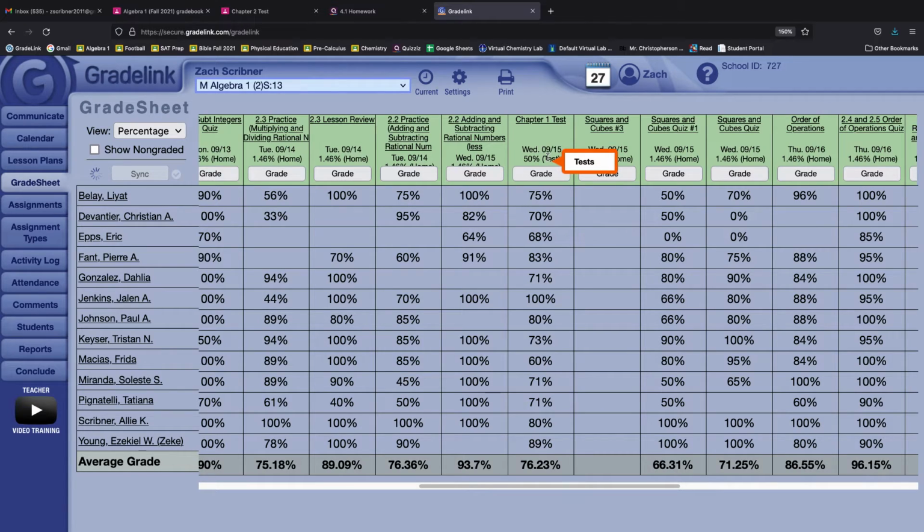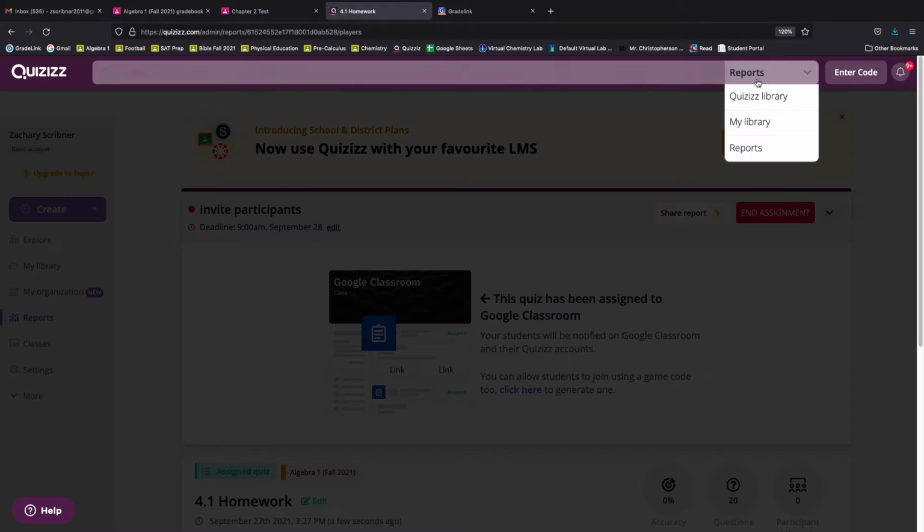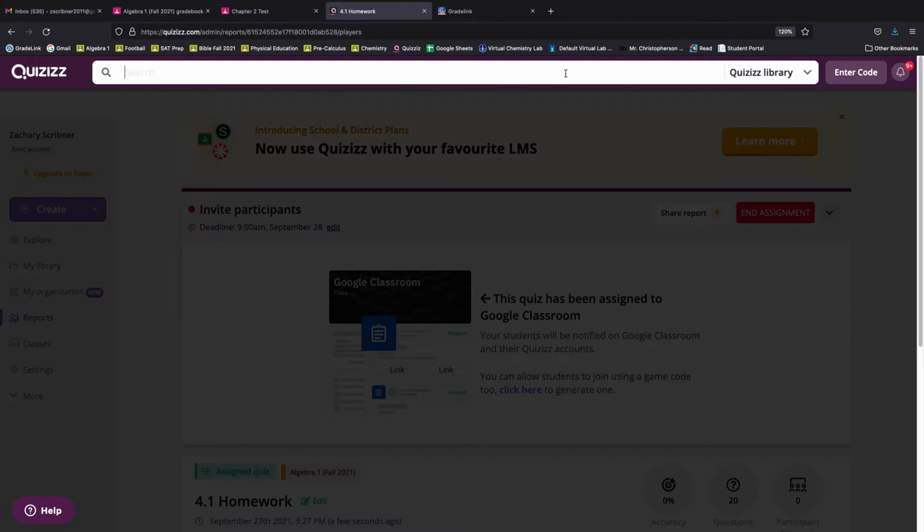And that percentage will continually drop the more tests that are created. Same thing with the homework assignments because it's just the percentage of that assignment type. Okay, so that's pretty much it. Very simple. Make sure you have My Library reports, Quizziz libraries, which you're going to search,